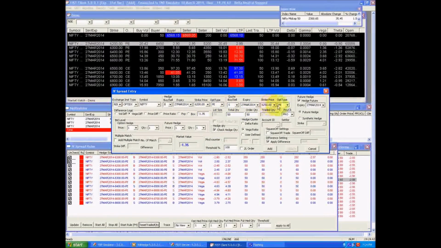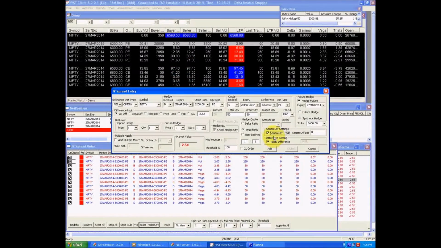If I want to trade IV spreads through synthetic, I have to select 6200 put and 6300 put, supposing I want to trade the 62 and 63 spread. So I will select these two spreads. I will select volatility difference as my difference logic. I will select synthetic option since I want to make the delta hedging through 6600 strike. I'll press the add key,